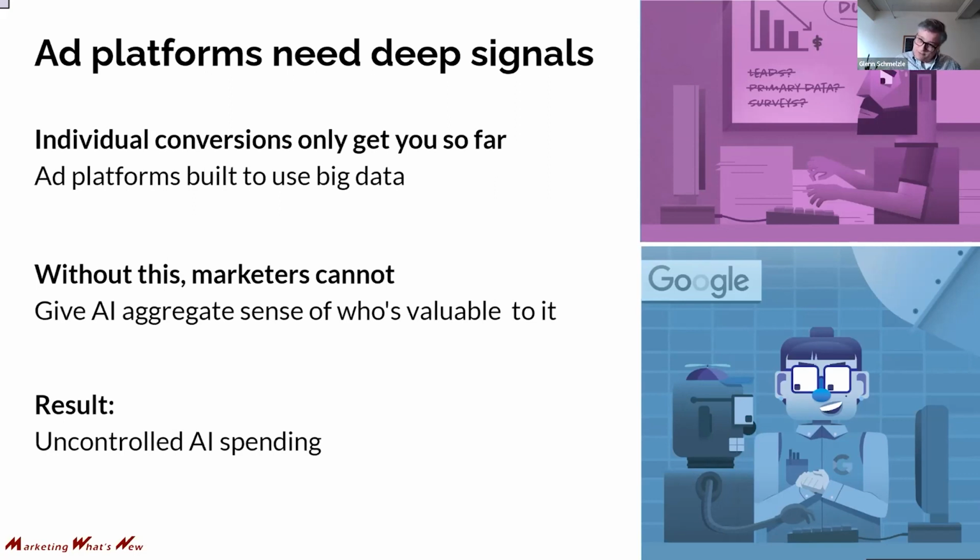We as marketers, if we don't tie into these, the problem is we're giving these aggregate systems just little tidbits here and there, little sparks that they're seeing, but they're not actually understanding which audiences are valuable to them, which individuals are valuable to them, and which are not. And without that, their spending is going to be rather unrestrained and not as intelligent as artificial intelligence would suggest it should be. So what we do is we think about what kind of answers ultimately need to happen.